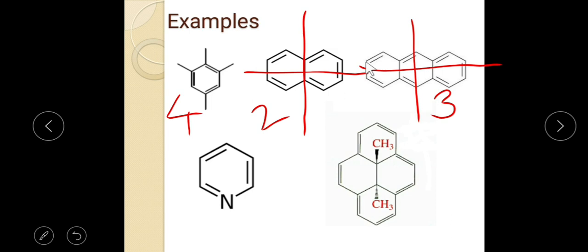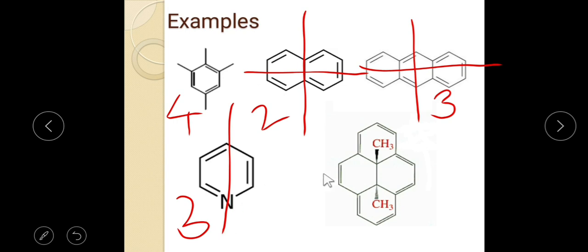Now in case of pyridine, how many planes are possible? Only 1 plane passing through this carbon and nitrogen. So we need to consider the half part, because the other half is similar to the previous one. So how many protons on the axis? There is 1 proton over here, 2 and 3. So pyridine will also have 3 non-equivalent protons. Understood? If we have symmetry, we can calculate like this. So it is very easy and fast, because in the CSIR NET examination this is a race against time. So we need to be very fast in calculating this kind of example. Although these questions are for 2 marks, those 2 marks are important for qualification.